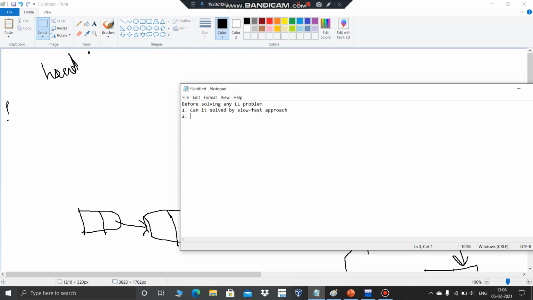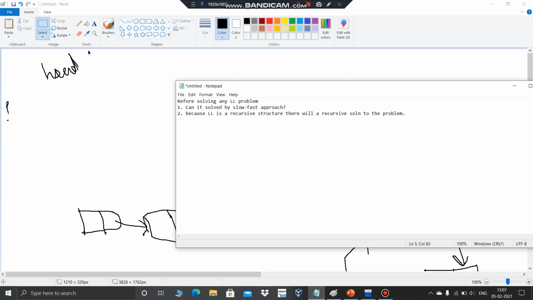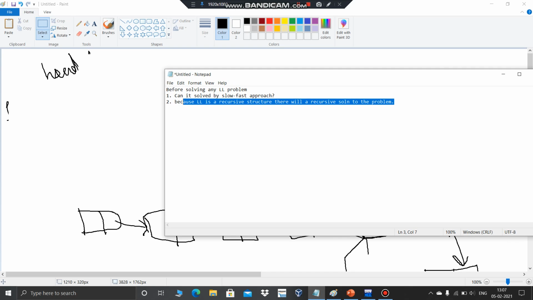If not, then because a linked list is a recursive structure, there will be a recursive solution to the problem, so figure out what the recursive solution might be. If you can ask these questions, about 90% of the problems can be solved using these two techniques.